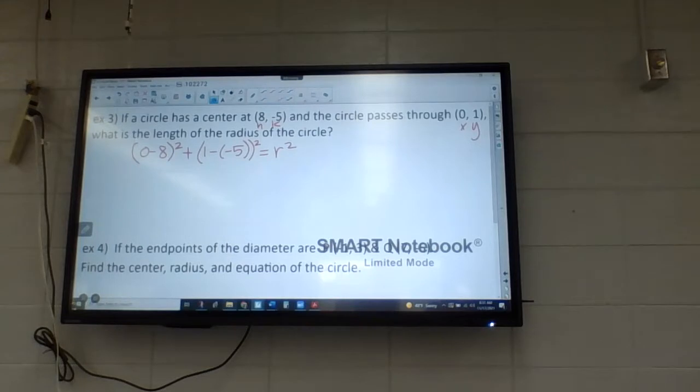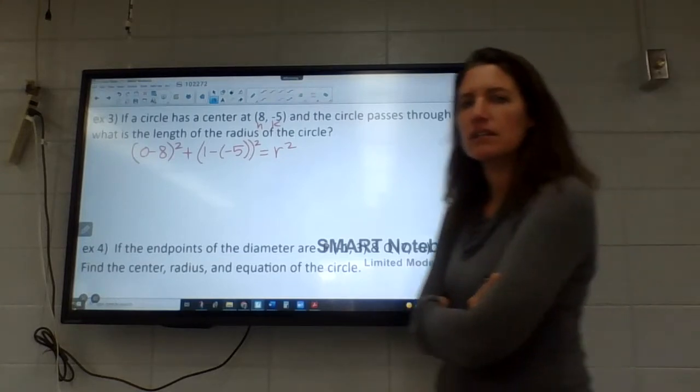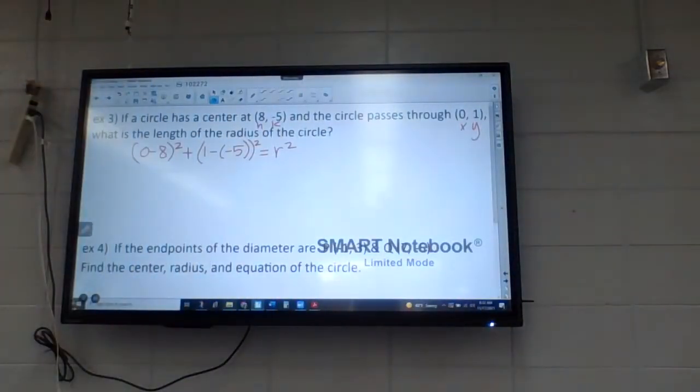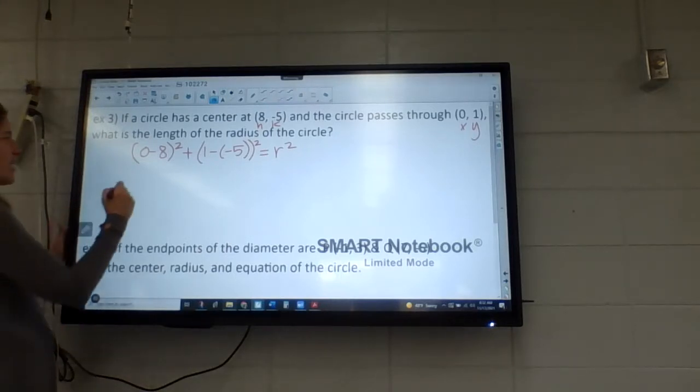If I took the square root to get R alone, what does this look like? Close. It has similarities. It kind of looks like a slope, but that doesn't get squared. If I put the square root on, it almost looks identical to the distance formula. Do you remember that big D? No? We're going to learn the distance formula tomorrow, so tomorrow it'll be like, oh yeah, it does look like that. All right, so anyway,